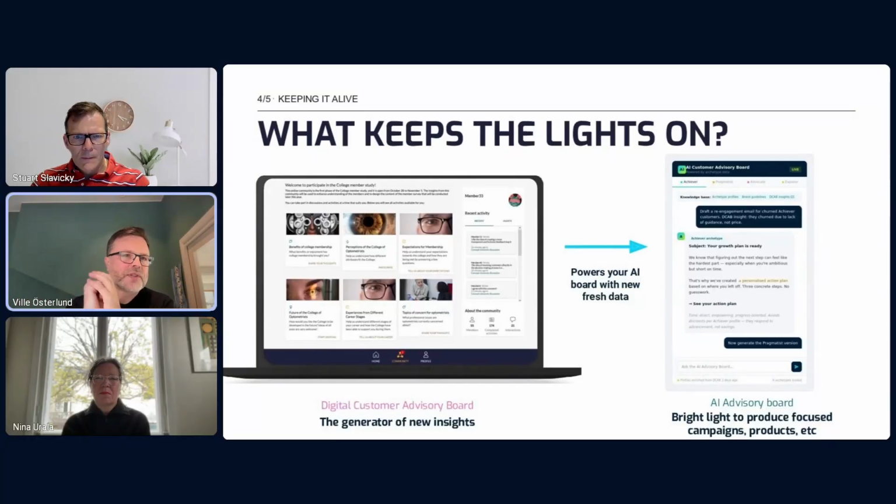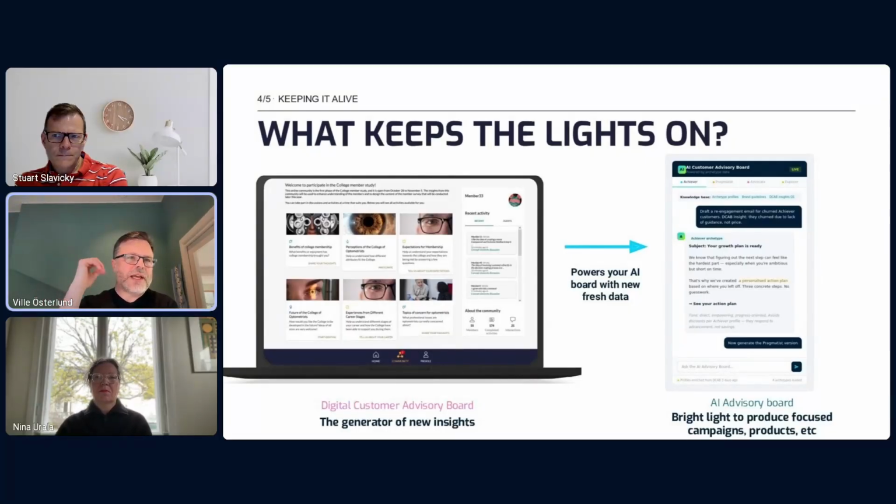And then on the right, you can see the AI Customer Advisory Board that we're working on. It takes the energy from the real customers and turns that energy into content, campaigns, and concepts at speed. So exactly what Stuart has been doing, but in an automated fashion. And today the connection is often manual, so you need to maintain the Claude instance and manually add new details there, and add details to your personas.